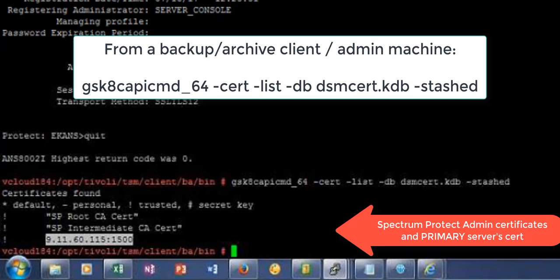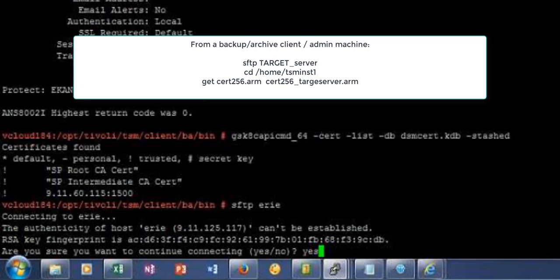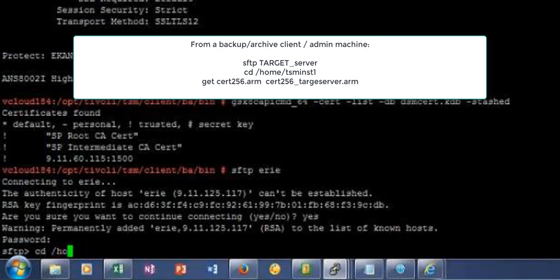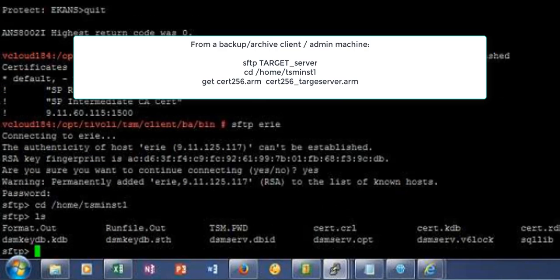Now if we want to manually add in a certificate here for the target server, the first thing we have to do is go out to the target server and obtain the certificate, the cert256.arm certificate that's automatically created for each of the Spectrum Protect servers. We're going to go ahead and get that certificate from the target server, but we're going to give it a new name so that when we bring it back to the admin client, we don't get it confused with any